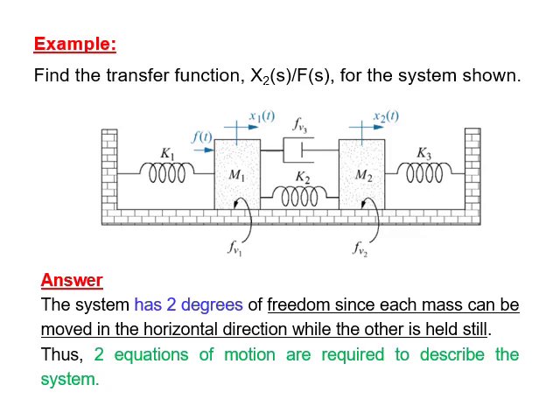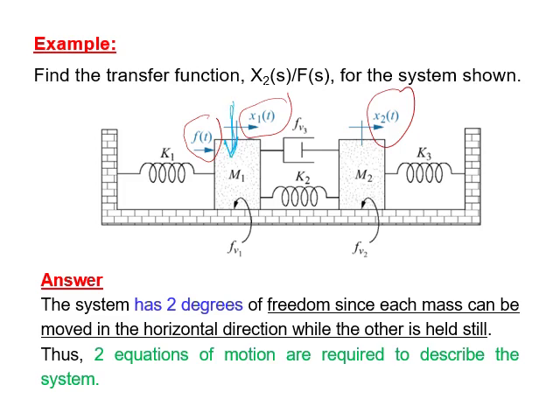So here's the example which will make us clearer about the meaning of degree of freedom. If you look at the system, it has two masses with two displacements shown here, x1 and x2, with the force F applied. To understand the meaning of degree of freedom, why it's more than 1 degree of freedom, let us say I take M1, consider M1,